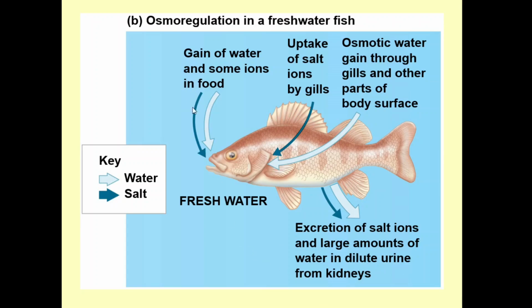And then with the salts, they're gaining some salts in their food. They are having to pump some solutes or salts from the water across their gills. And unfortunately for them, they will also be losing some salts in their urine, because when we look at the kidneys, we'll see that the filtration process in the kidneys is non-selective. So you're always going to lose some solutes in your urine. So we can see here that freshwater fish do things pretty much in reverse, or the opposite of what we